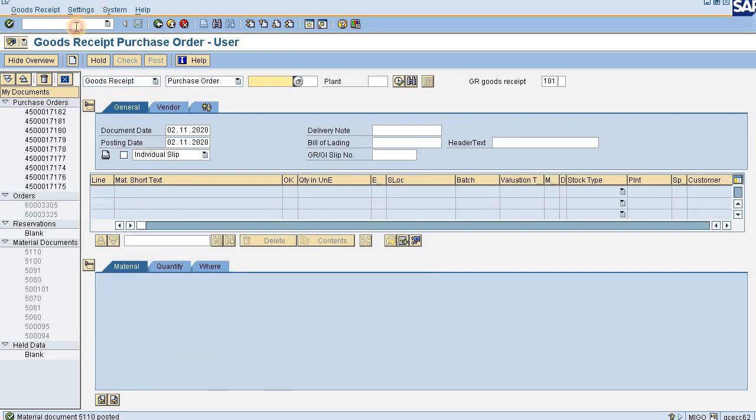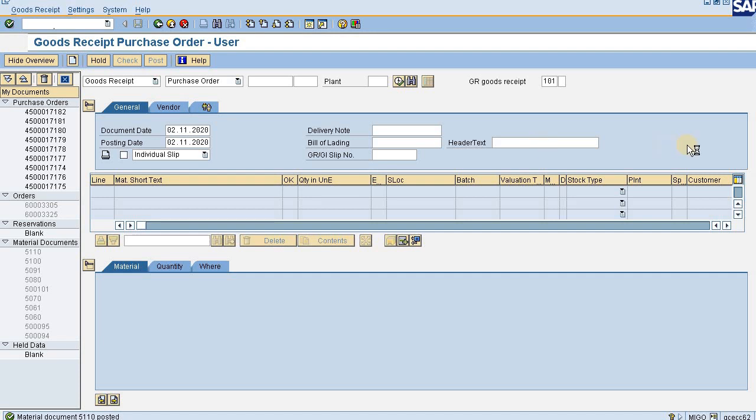Now I am going to the purchase order display in order to check the status. ME23N is the transaction for displaying a purchase order. Now I will give our purchase order number and check the purchase order history there. Under the purchase order history, all the goods movements posted will come in, so we can check what has happened against a purchase order.